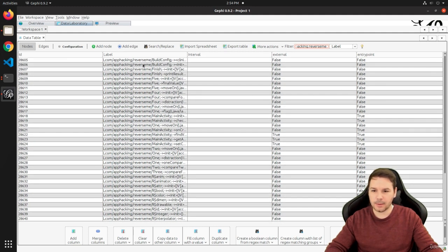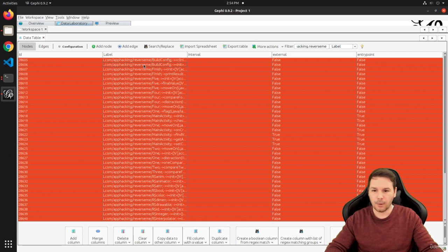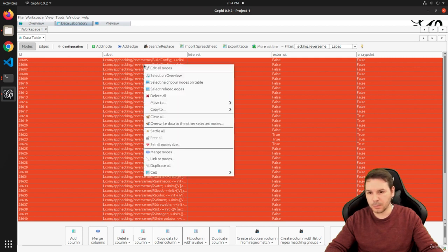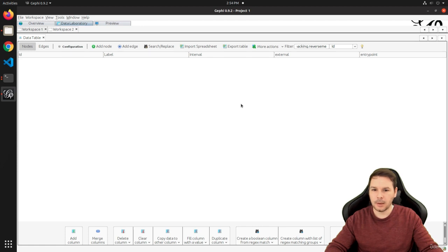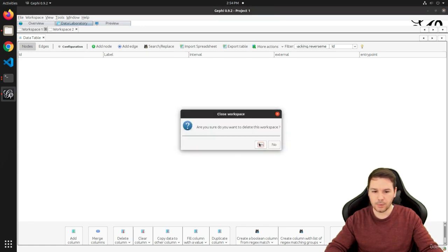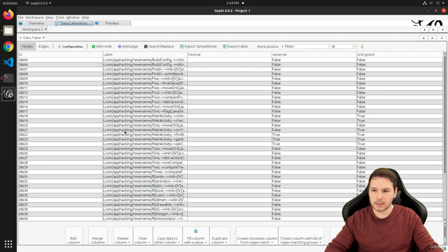Okay, let's extract them. I click with the left mouse button onto one and I select this. I hit Ctrl A to select all of them. And then I click the right mouse button and we say, let's see, move to new workspace. This is the easiest way for me to extract them from the other function calls. We have now created a new workspace, so we can close workspace 1, the old one. Yes. And now if we go back to the overview,